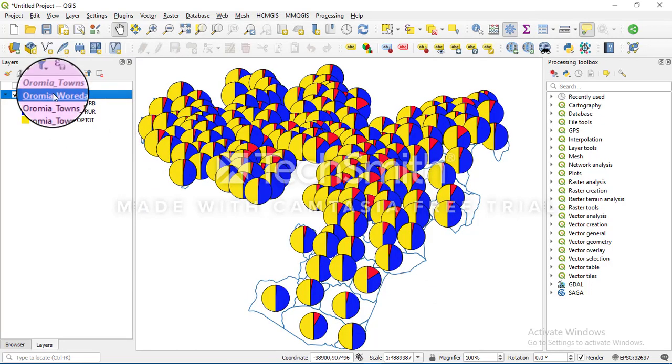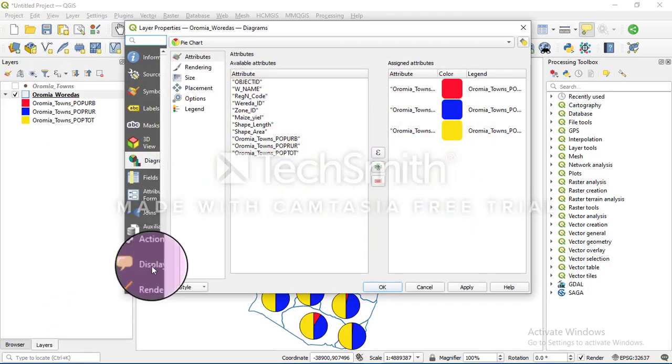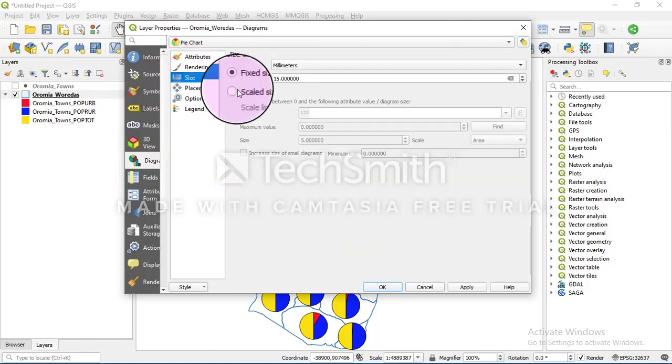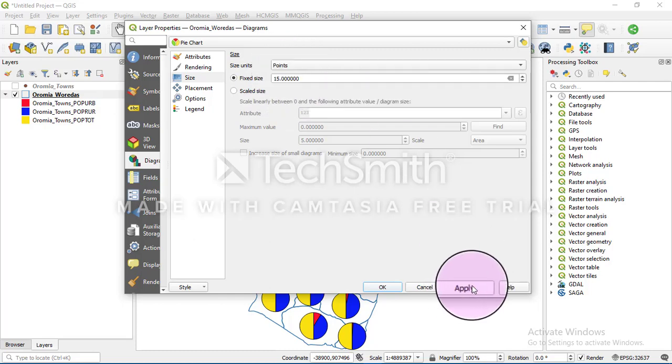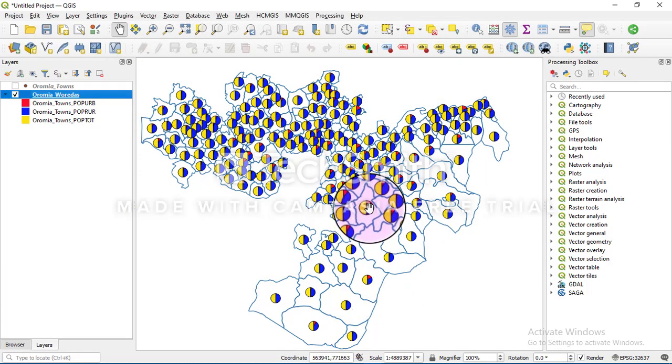Oh yeah, it is very large. We can edit it. Here you see it says what size. In the size here, fixed size is, let us reduce to 8, and this size unit should be point. Here, let us see the change. You see here, yeah, point. When you make it point unit, fix it, right? Now this is the pie chart of urban population, rural population, and total population of